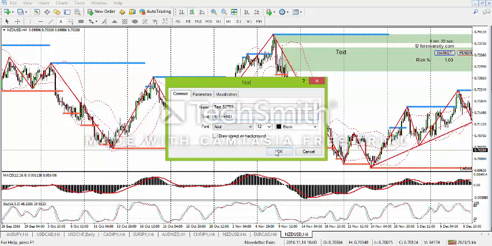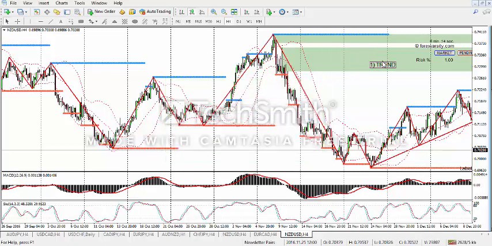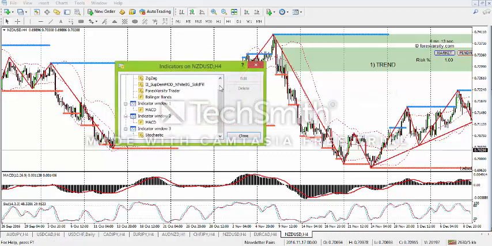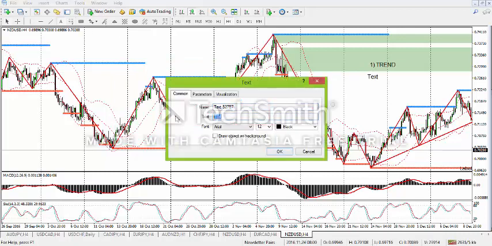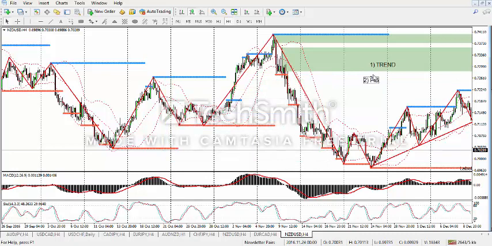Okay, so step 1. Trend. It's needed, guys. You can't trade if you don't have trend or you don't have a range. Step 2. We've established trend now. So 2 will be what? Yes, you guessed it. Fib. Now the rules with Fibonacci